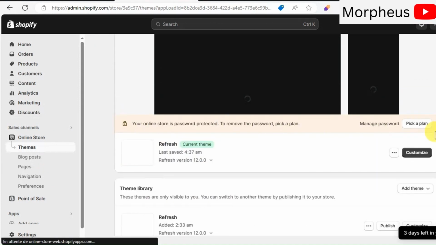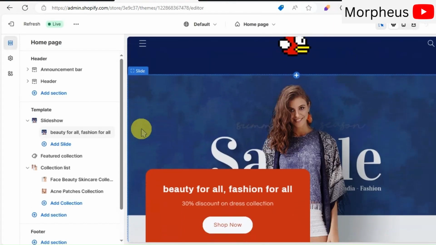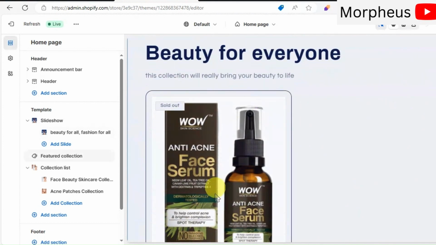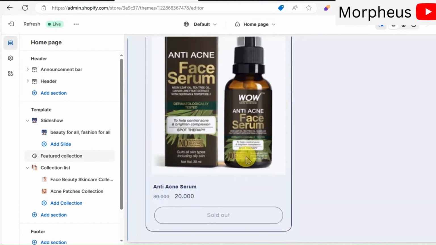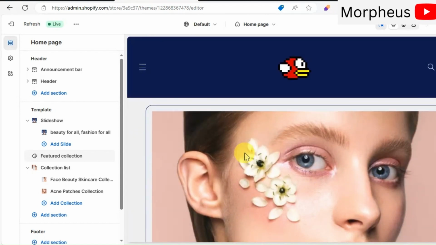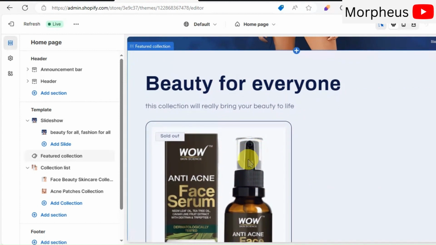Then select Set as Active. Let's now go back to our theme customization. Now, you can see the products that we added on our best-selling collection or our homepage. For the featured product that you want to show on your homepage, you can select any one you want.